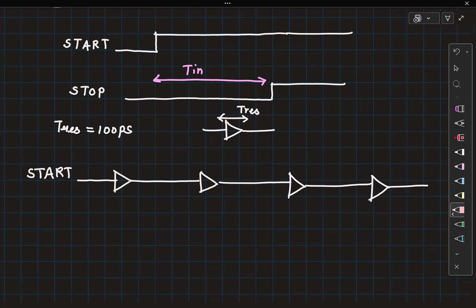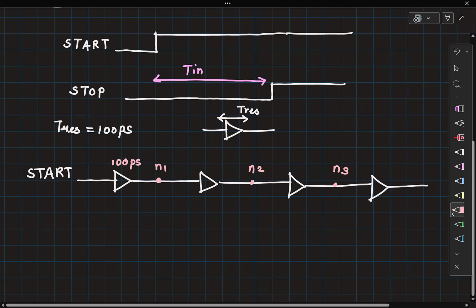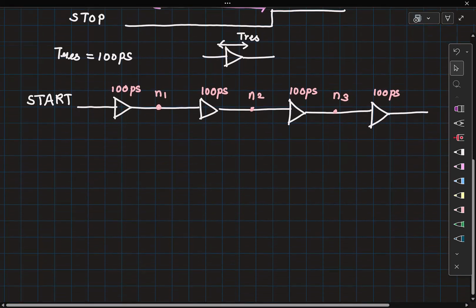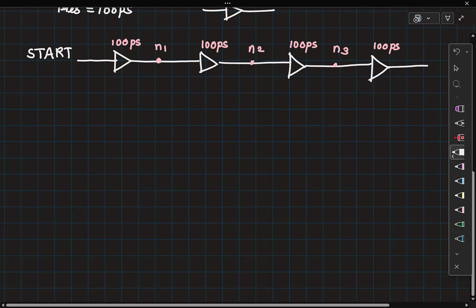I'm going to call these nodes N1, N2, N3, etc., where each buffer now has a delay of 100 picosecond. Now, as you rightly pointed out, this 100 picosecond buffer itself is an assumption that is a little problematic, but we'll soon come to that. Right? But let's say I had an arrangement like this.